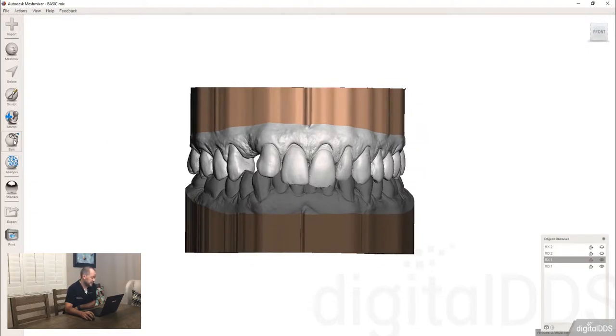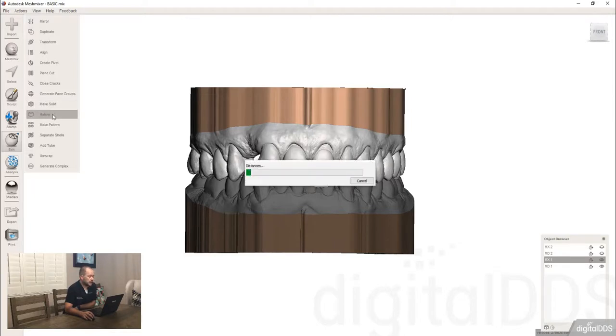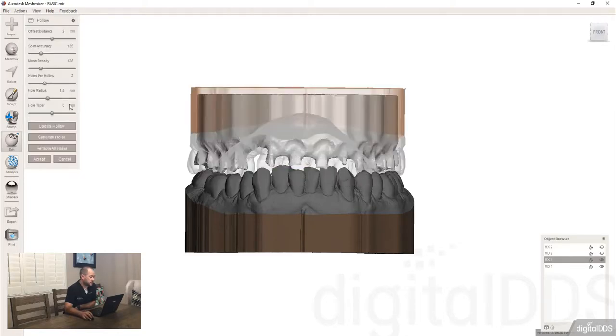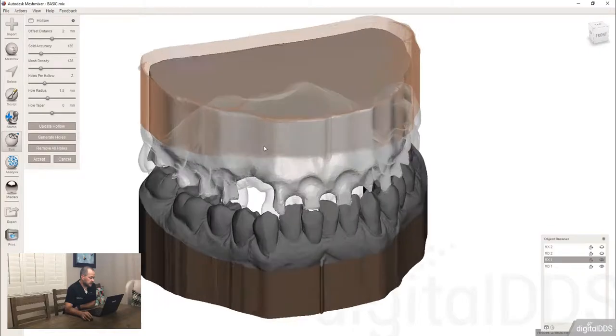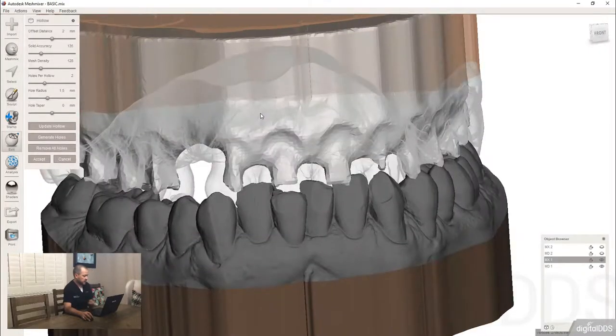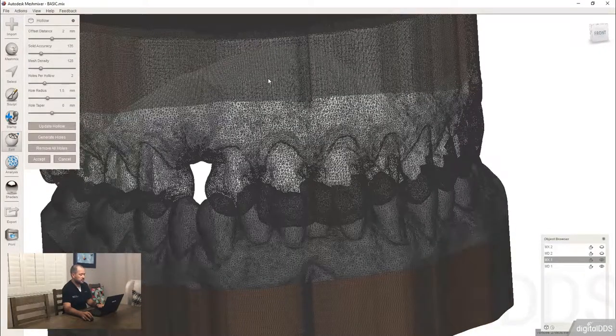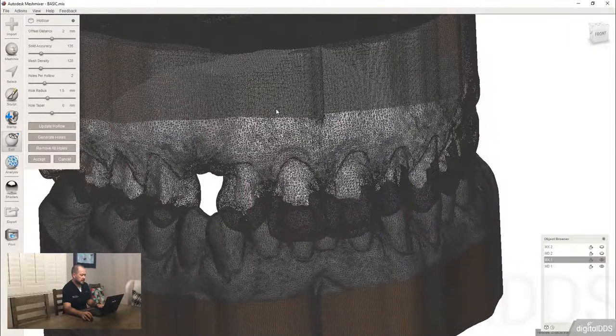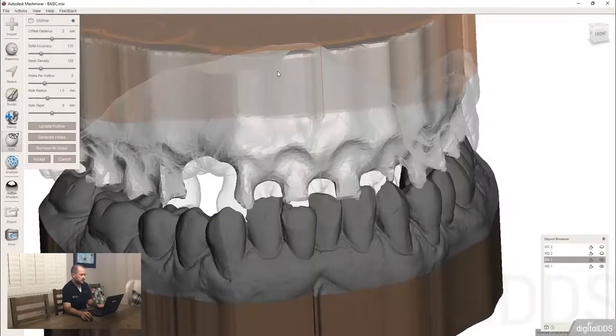It's actually really easy to hollow out a model, especially if you've been careful up until this point. The tool for it is under Edit, right here where it says Hollow. And the tool pretty much does all the work for you. Notice right here we've got the inside of this model, and if you were to click the wireframes, you can even see the outside and the inside wireframes,